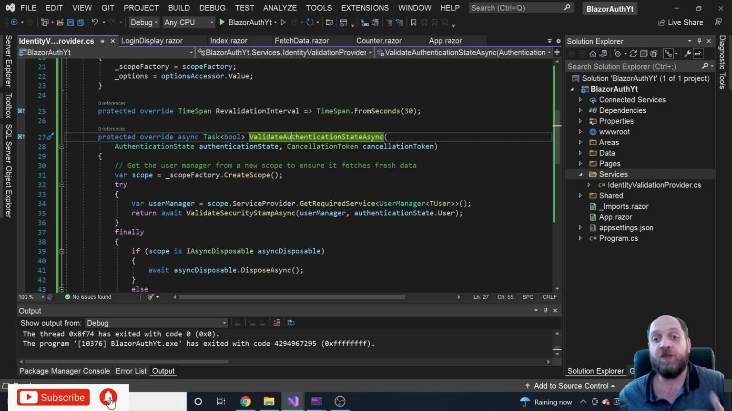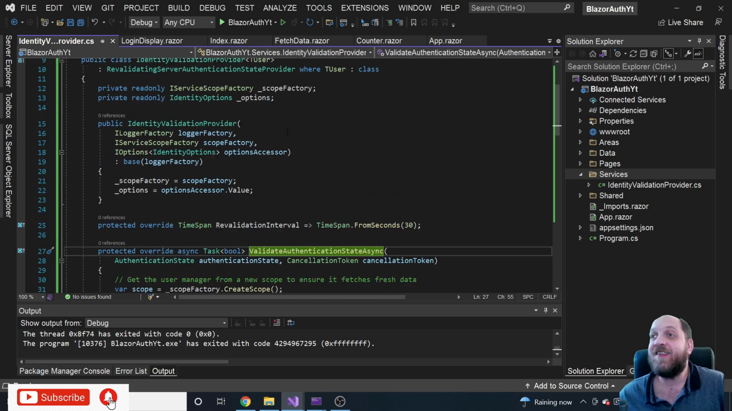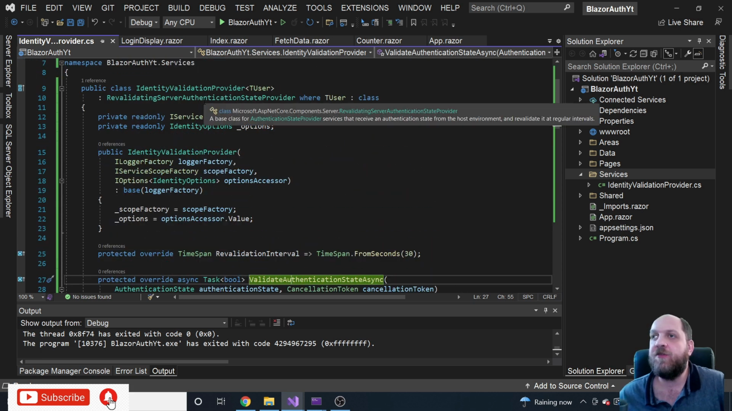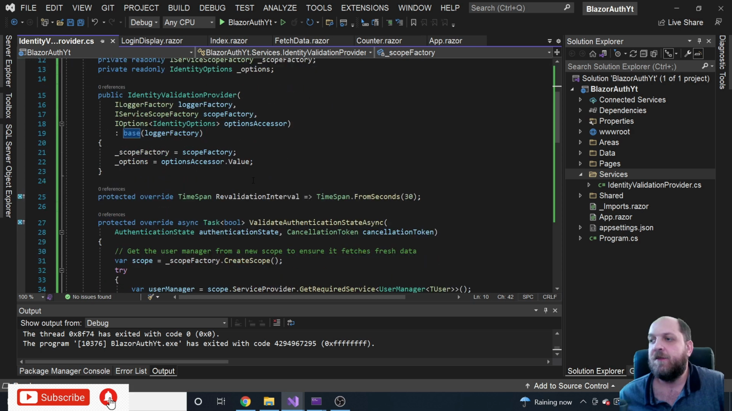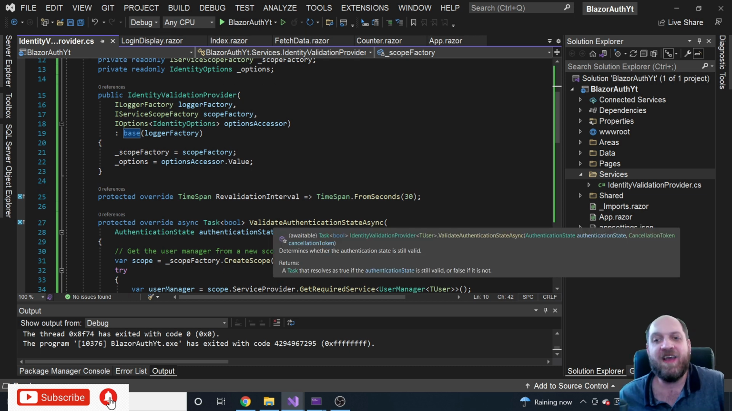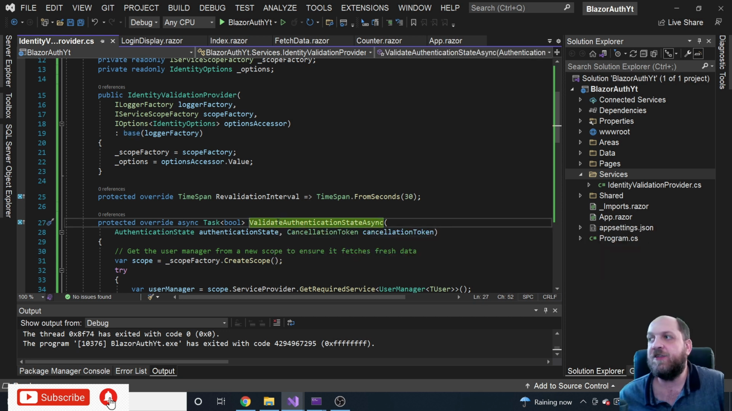So it's just another implementation that allows us to periodically check if maybe something has changed in the authentication state. That's why we inherit this Revalidating Server Authentication State Provider, because it has all the implementation of the authentication state provider for Blazor Server, but we can additionally tell that we already have a method to check from time to time if this validation is okay,